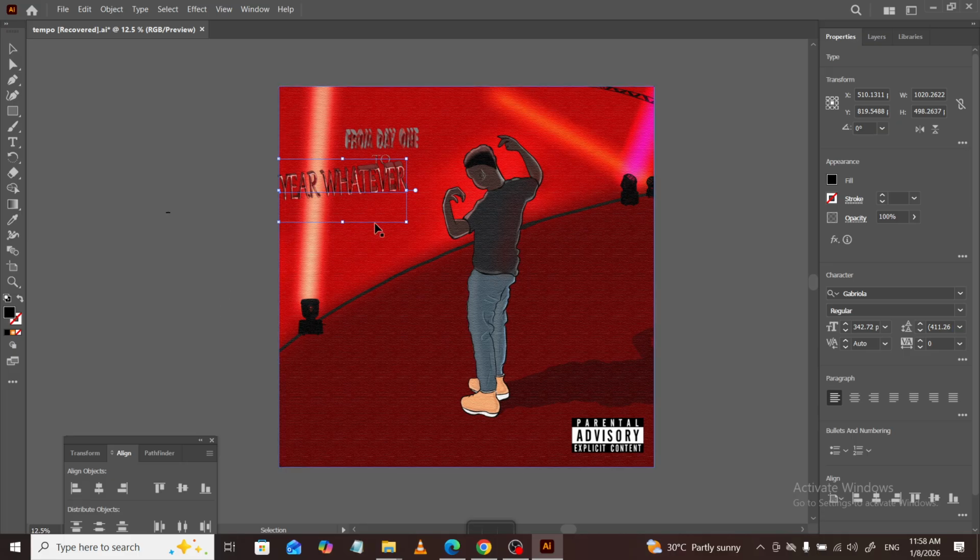Once you've picked the alignment you want, review your spacing and make minor adjustments if needed. A quick zoom in can help confirm